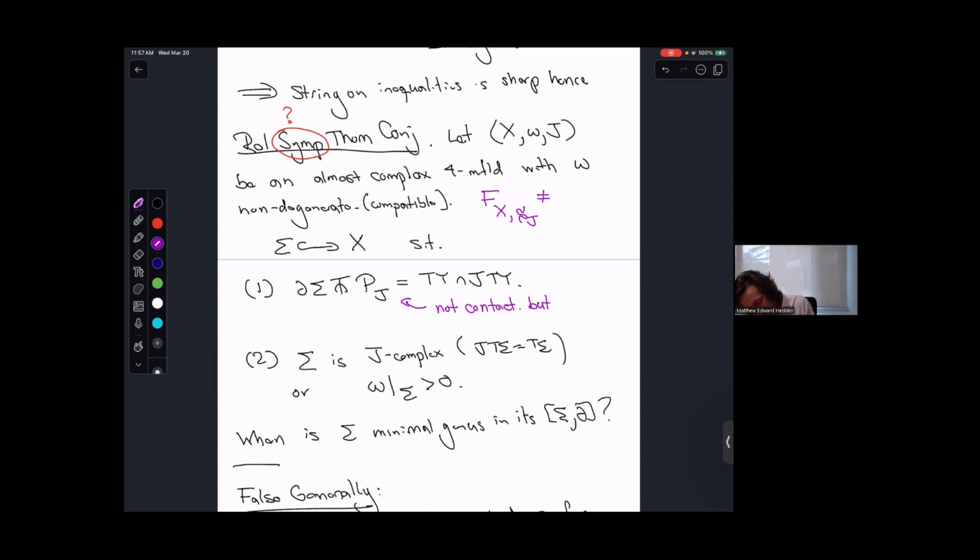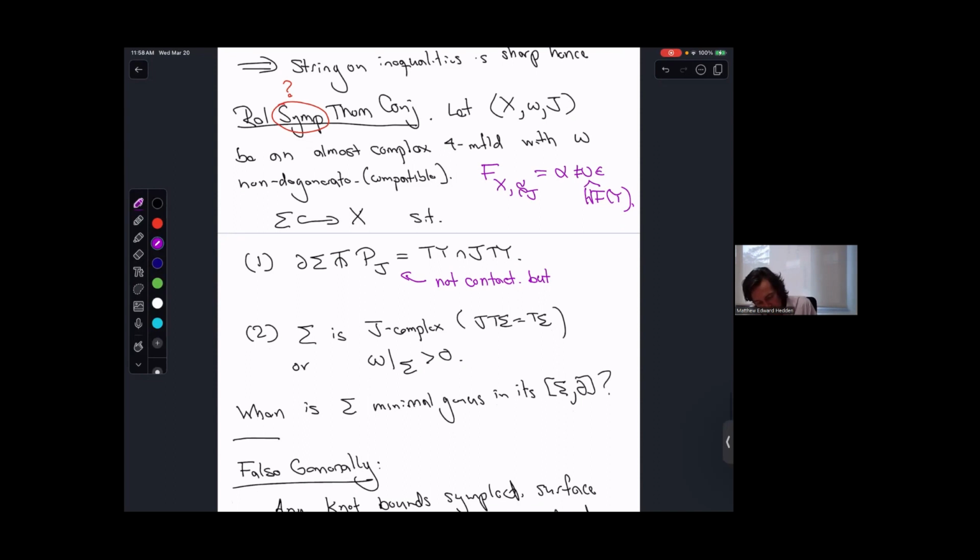I would need its relative invariant to be some non-zero Floer class. There's no getting around this. Call that class alpha. And what do I need out of the plane field on the boundary? I don't need it to be a contact structure, but I do need that there exists a contact structure homotopic to J. Of course, there are contact structures in any homotopy class, but I need to find